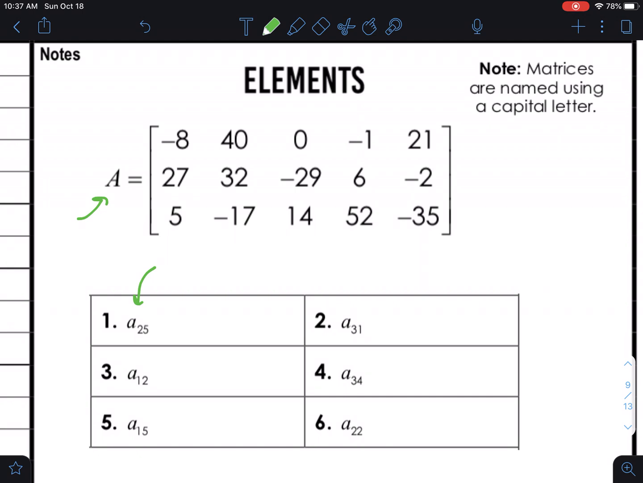All right, so for each of these entries, this would be -2, this would be 40, 21, 5, 52, and 32. Again, A25, so if we look at that first one, that means the 2 represents the row